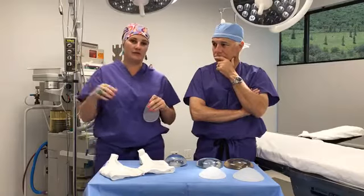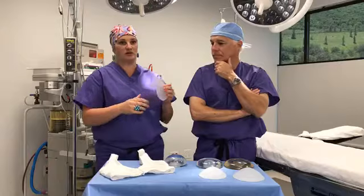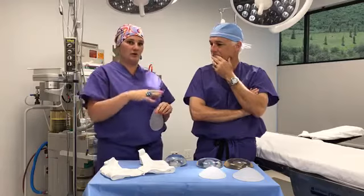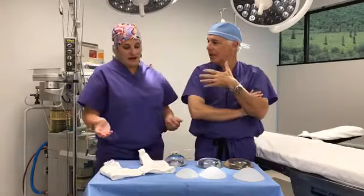We have big body mirrors, so when you're standing in the room with your bra on and the sizers, you can turn side profile and see the breasts in the bra to get an idea of what you will look like post-surgery. Do you have them put on clothes too, so they get an idea, or is it just...